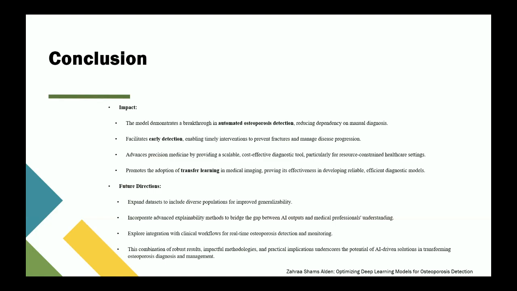It advances precision medicine by providing a scalable, cost-effective diagnosis tool, and also promotes the adoption of transfer learning in medical imaging, proving the effectiveness of developing reliable and efficient diagnosis models. For further direction, we can expand the dataset to include diverse populations and incorporate advanced explanation methods to bridge the gap between AI